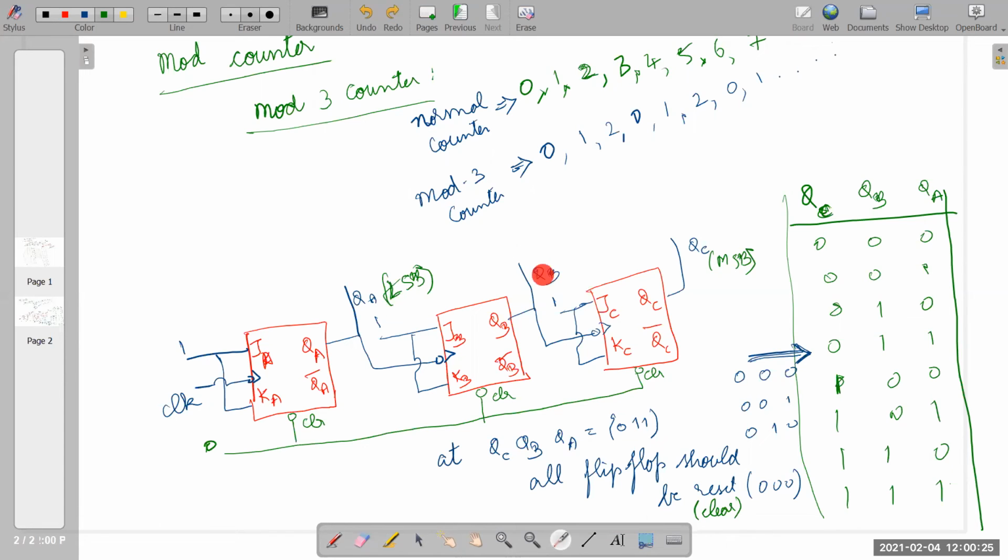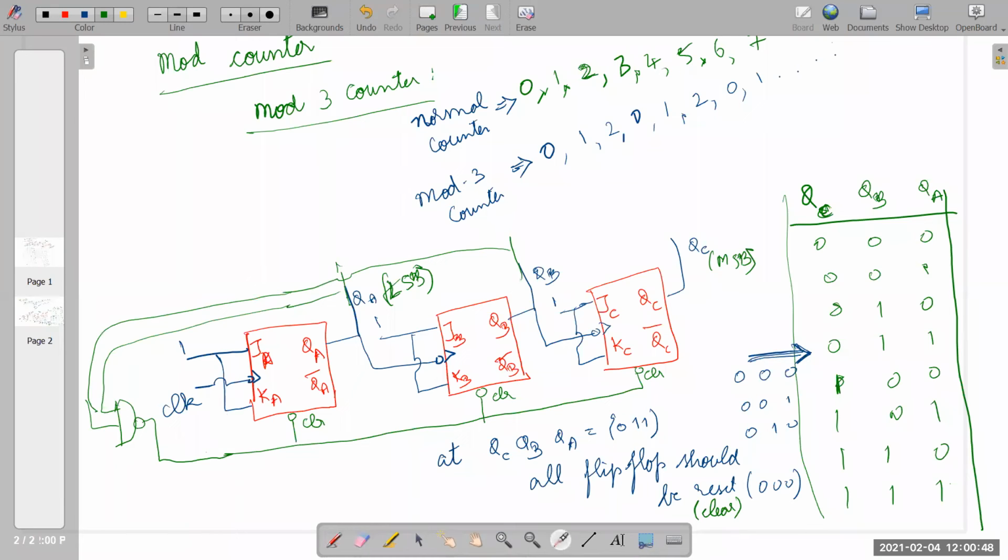QA and QB should be 1, 1. And in that case, your clear should be enabled. So see what I'm doing. I am taking QA and QB, I'm going to connect them to a NAND gate. From there, I'm connecting it to clear.